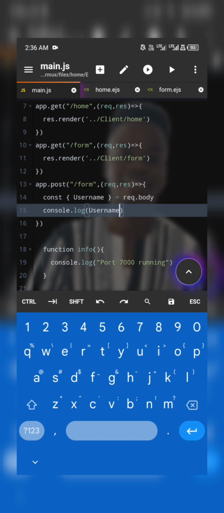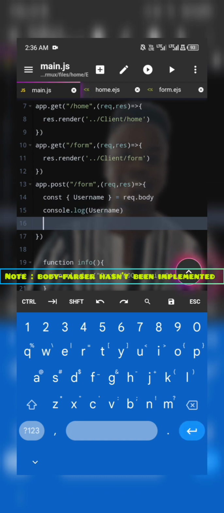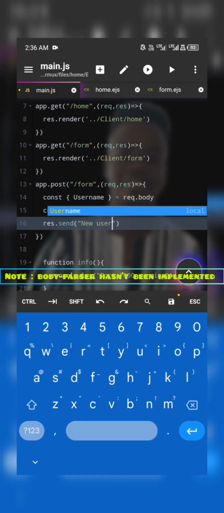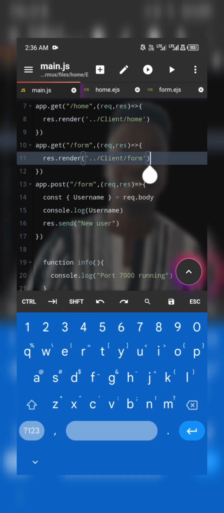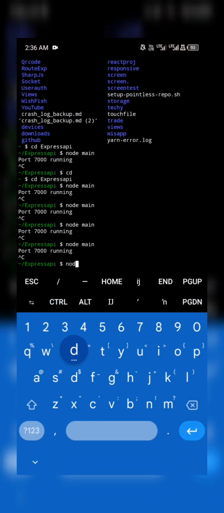Whenever we submit, and then respond to send new user. Yeah, so head on to our terminal again, Control C, node main,